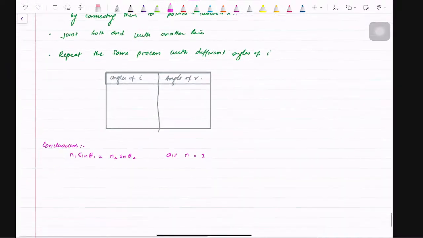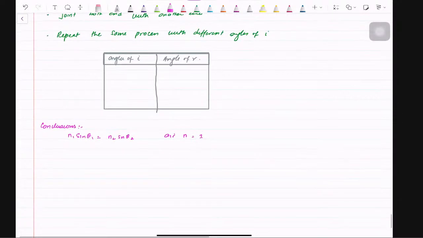But the conclusions are that at the entry point, angle of I is greater than R. Then at the exit, angle of I is always less than R. Like here,